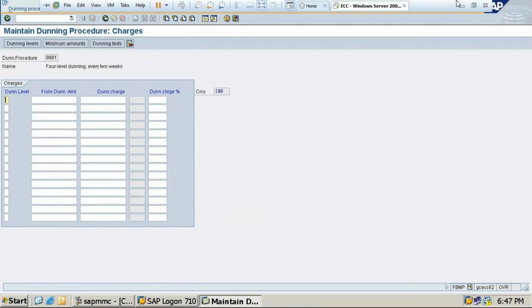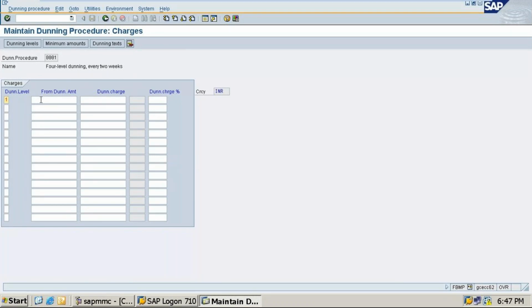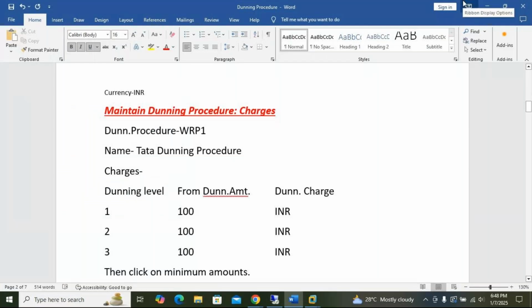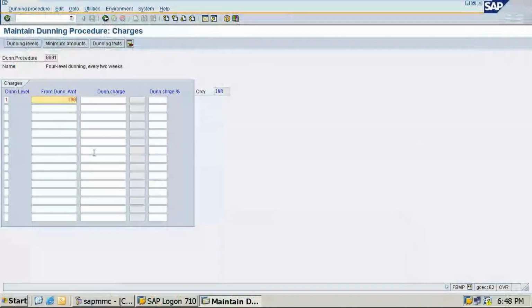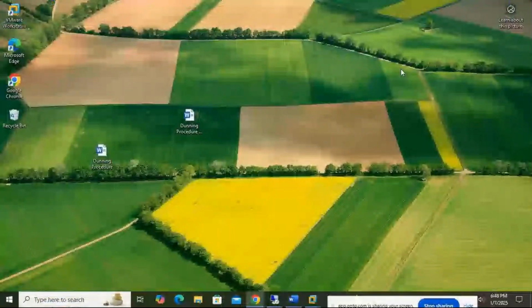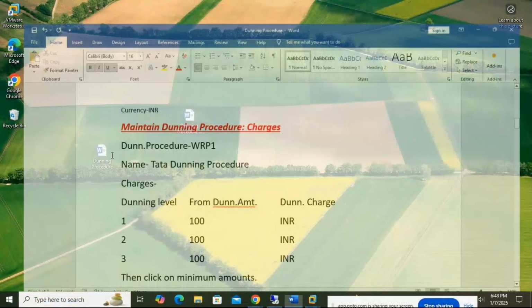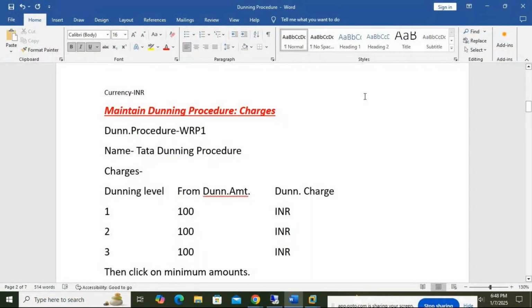So here you charge as 1. Then from dunning account, what will be the dunning account for this? From dun account 100, and dunning charges is INR. So this dunning amount is 100. Then dunning charges is INR.